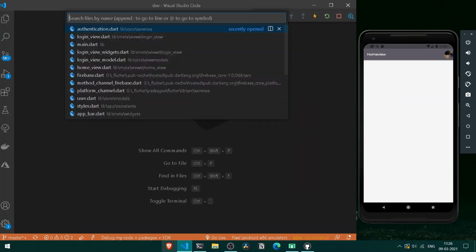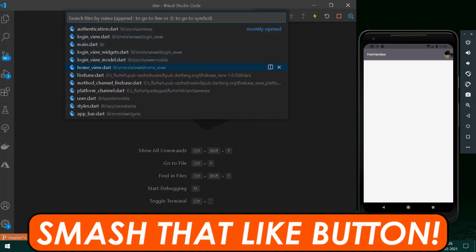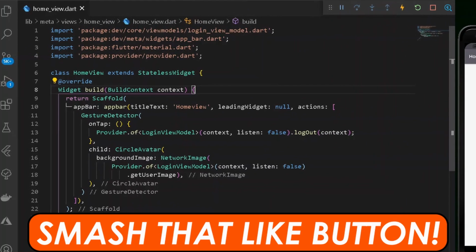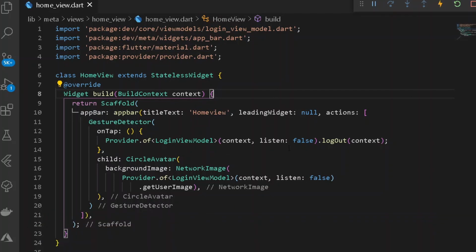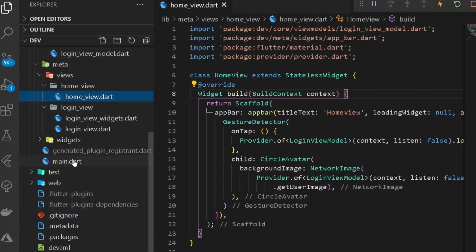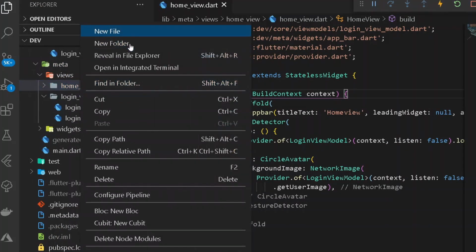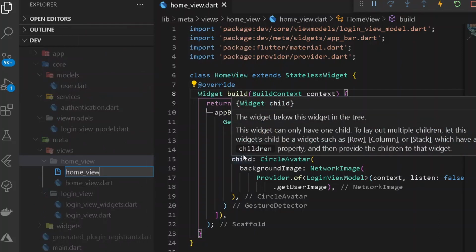So first thing first, we can go under our home page, that is our home view of our application. And under our home view, we are simply retrieving all of this data which is not necessary for now. So instead of having this thing, what we can really do is create a new screen for our home screen widgets. So here let's create a new file of home_view_widgets. Alright, not parentheses but underscore of widgets.